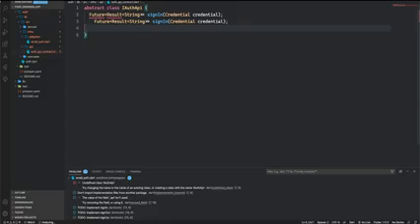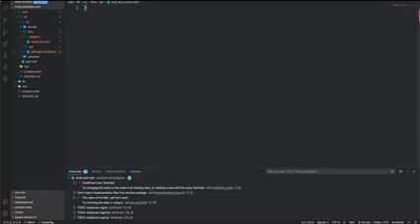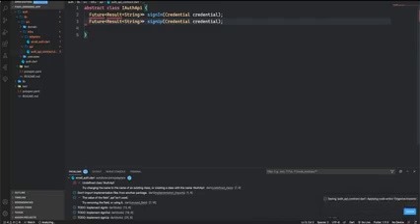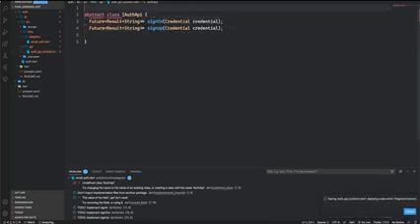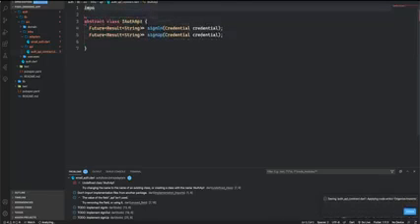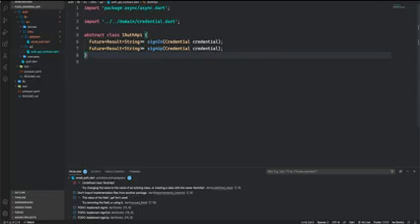So I'm just going to copy, paste, sign up. And for the result, I'll import the async library. So there we have our IAuthApi